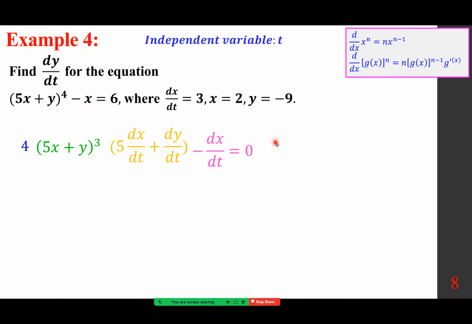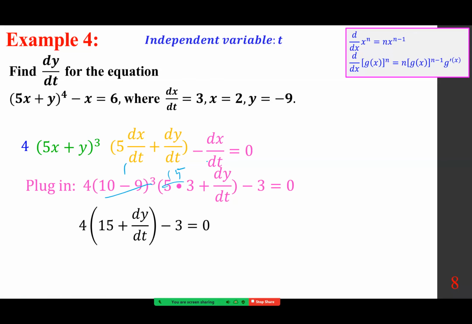We could solve for dy/dt, but there is no need, just plug in dx/dt, x, y, just plug them in. Everything is given, we find dy/dt. So to do so, 10 minus 9 is 1, and when you cube it is 1. So you distribute and you get